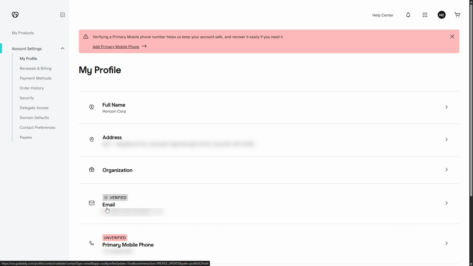And congratulations, you have changed your email address in your GoDaddy account. From now on, all updates and communication from GoDaddy will be sent to this new email address. Now, wasn't that easy? By following these commands, you can easily navigate and make changes to your GoDaddy account settings